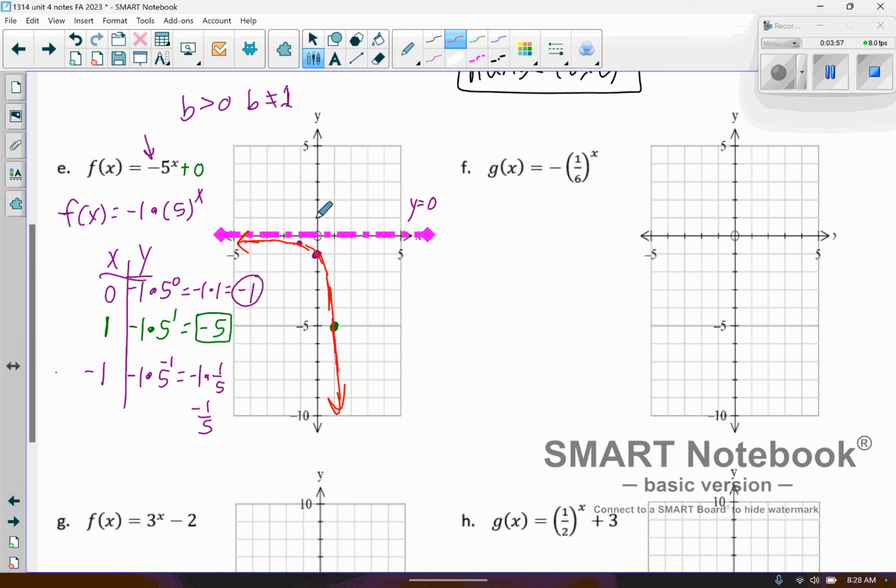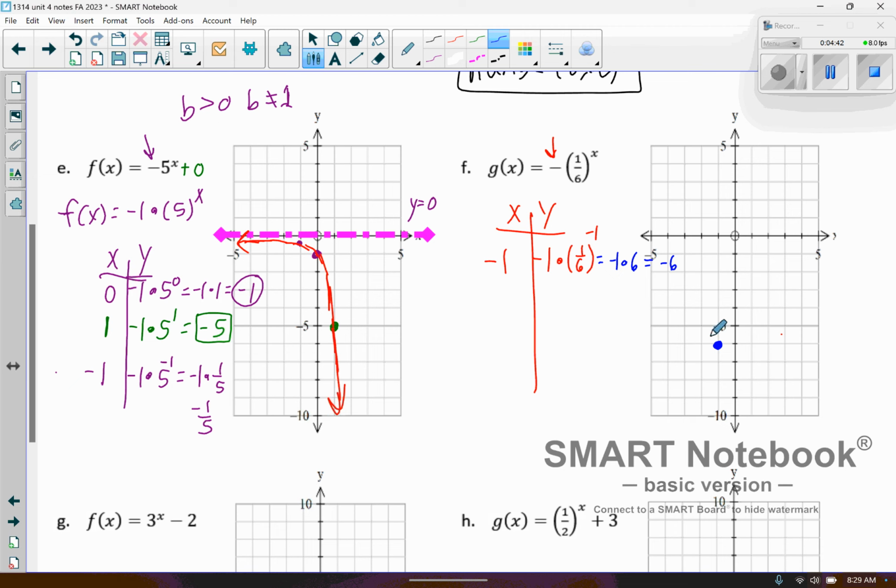Okay, let's see. Looking at F, pretty much the same, except that my base is a fraction. We do have that negative out front, so once again, that gets applied after the fact. So we'll go ahead and make a table. Let's start with -1. We're going to have -1 times 1/6 raised to a -1 power. That -1 will cause me to take the reciprocal there. So then I'm going to end up with -1 times 6, which is -6. So at -1, I'm all the way down here at